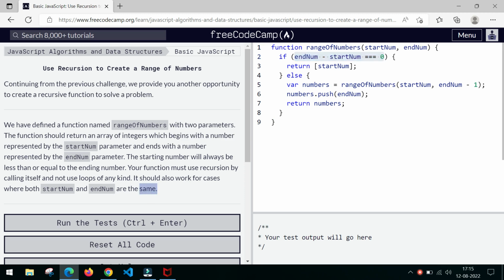And you have to see this condition also: your function must use recursion by calling itself and not use loops of any kind. It should also work for cases where both start number and end number are the same. So you should read this condition also. If the end number and the start number are both the same, we should return an array with the start number. And in the else condition, what we have to do is